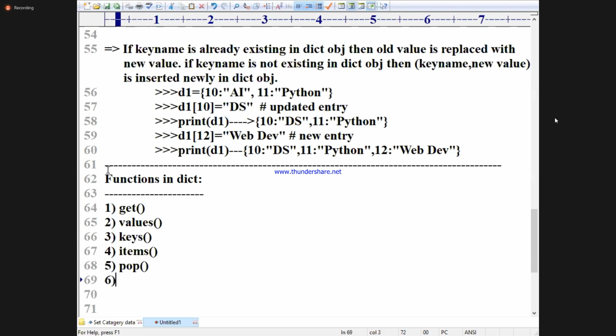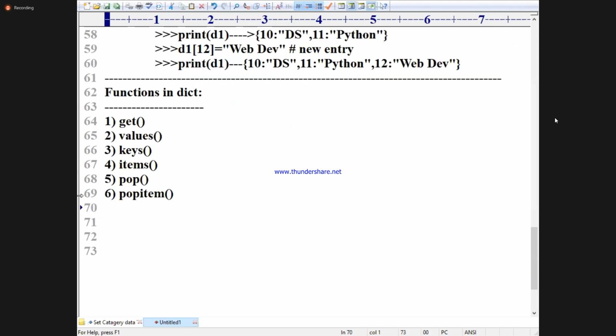Sixth is pop item. Seventh is copy, which is a shallow copy, and you already know that. Eighth is clear.